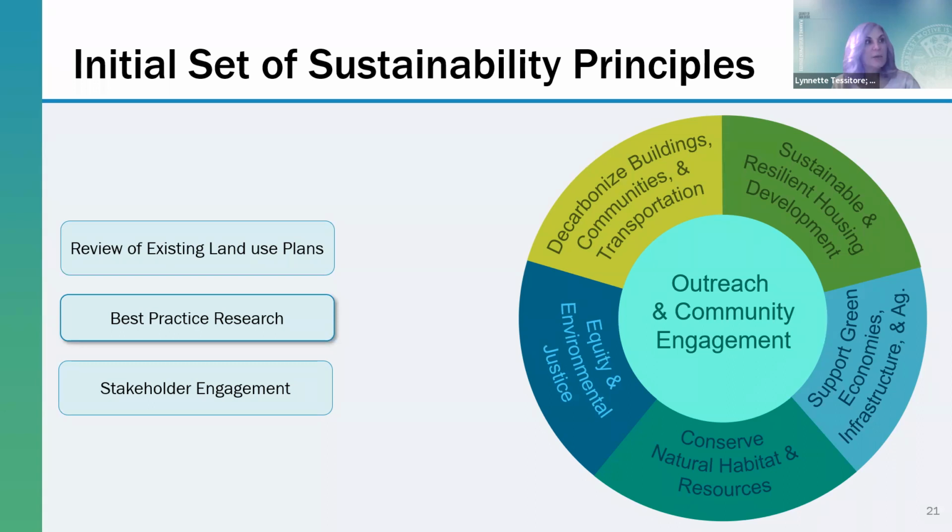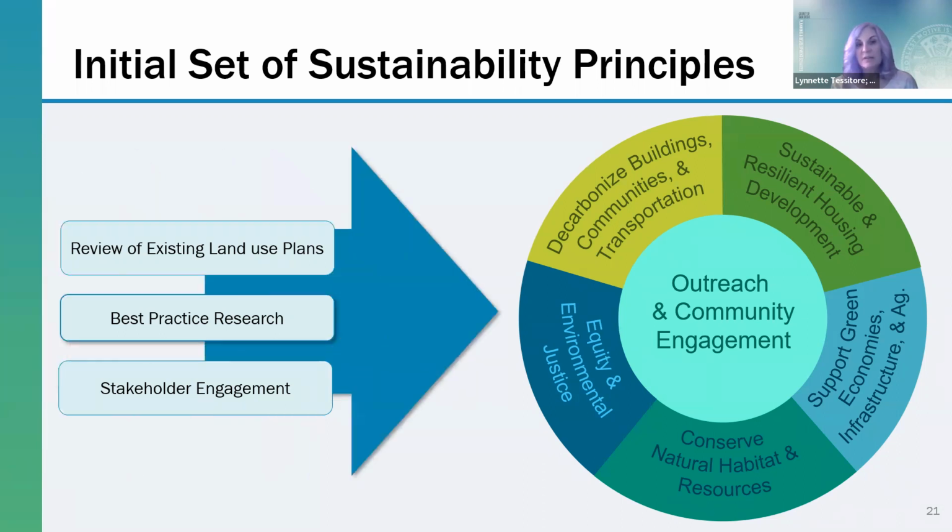As a first step in this process, we've reviewed existing land uses, conducted best practice research, and engaged with a variety of stakeholders, many of you on this call, to develop an initial set of sustainability principles. Today we want to share the initial set of principles that we will be presenting to the board on March 1st. So the first one is to decarbonize buildings, communities, and transportation through policies and land use,